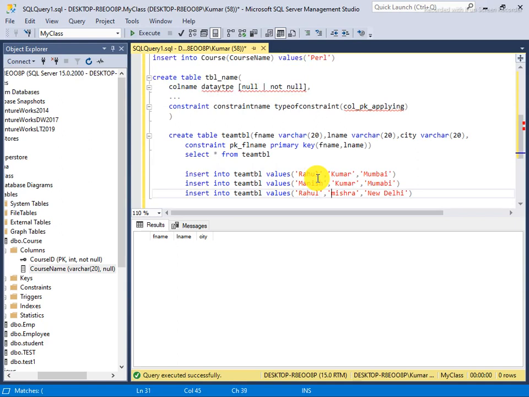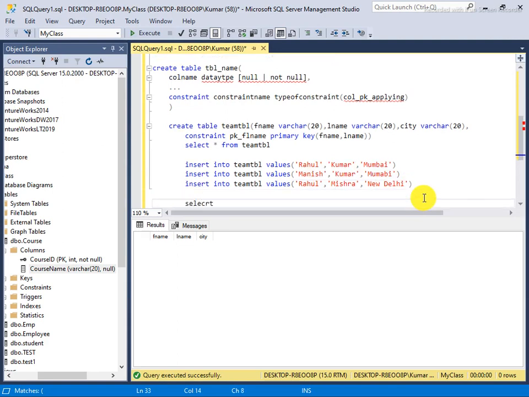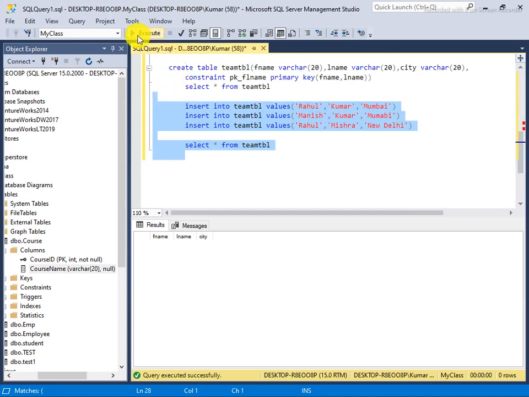It doesn't matter whether the first column has a repeating value, but ultimately the combination will not be repeated. Here Manish is single but Kumar is two times, but if you apply a primary key on a particular column then it would restrict the duplicate entry.